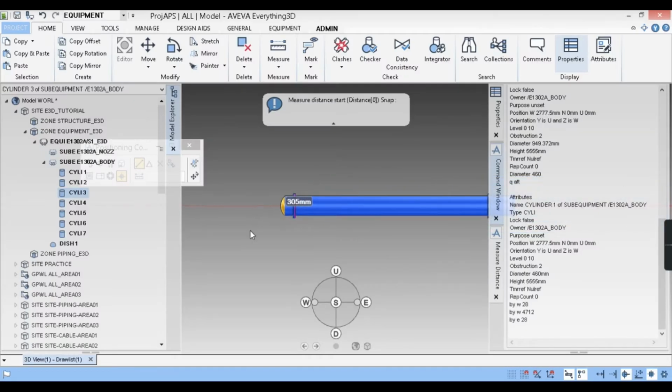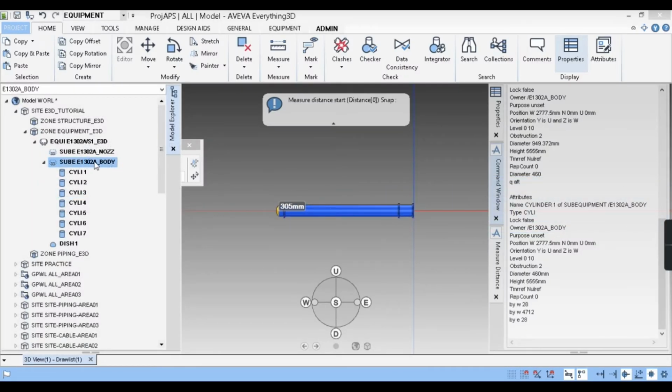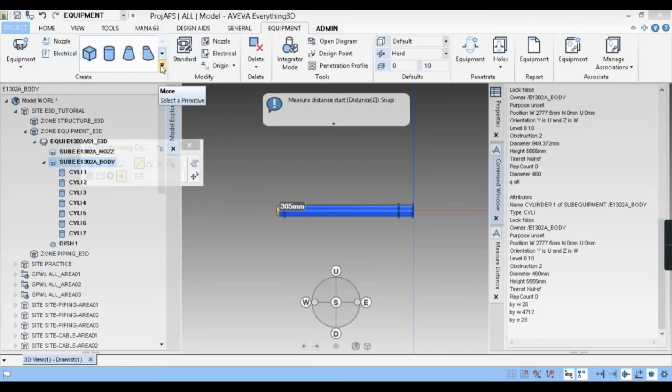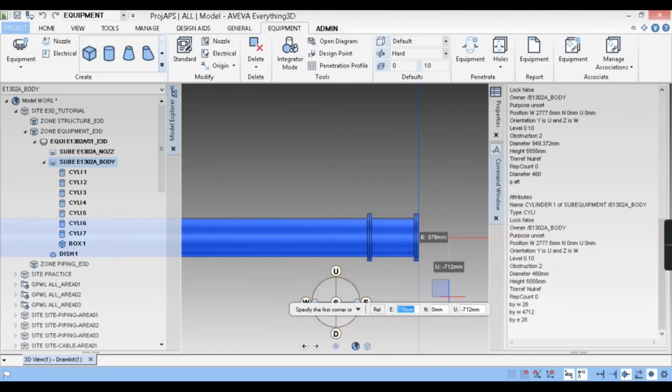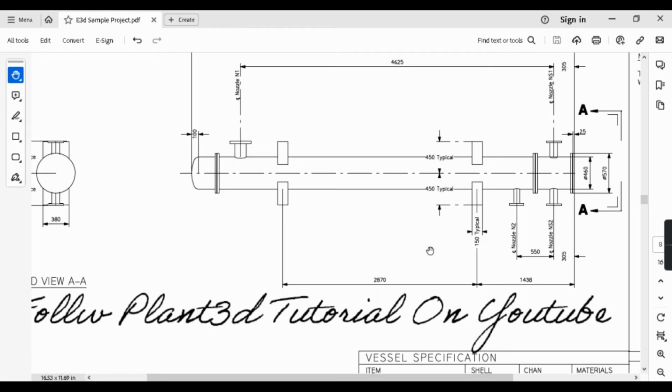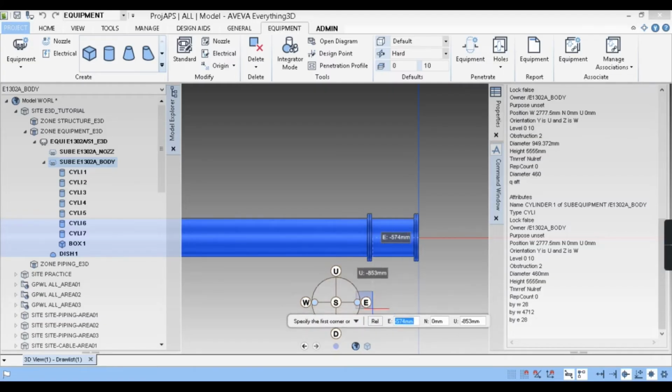Okay, back here, let's click on this sub equipment. Next, I'll go to this equipment tab. I need a saddle. What does the saddle look like? It is a cube. So let us select the cube, click on the cube, and now it is asking me to specify the first corner. So first corner, I'll make it at the origin, or else you can enter this distance as well, that is this 1438 from the origin. I don't want that confusion, so first I'll keep it on the origin,